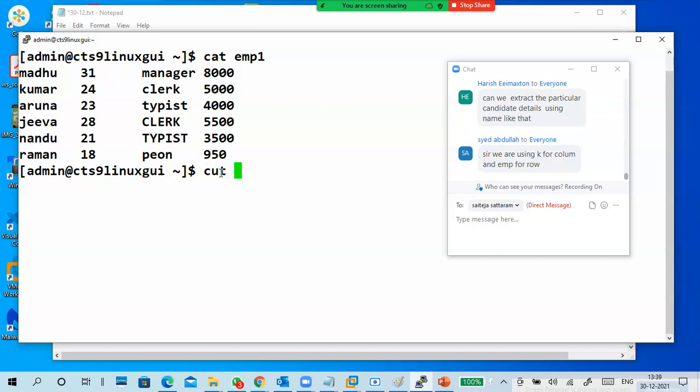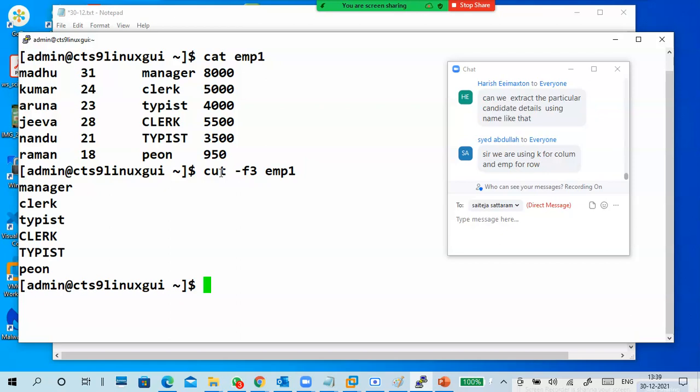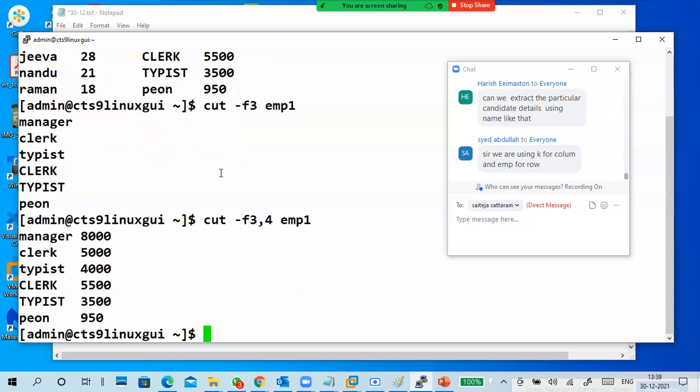Okay. I heard only one column. So cut -f3 EMP1 displays only the third column. If you want to display third and fourth column, you do it like this.